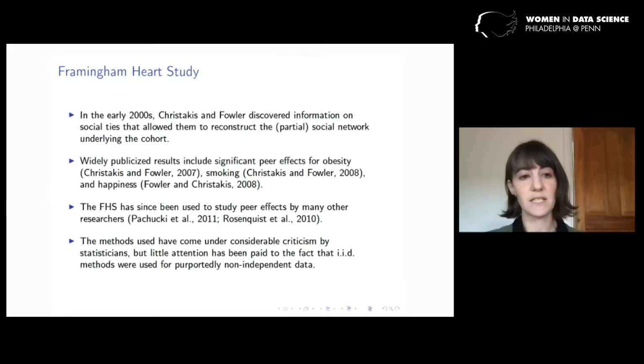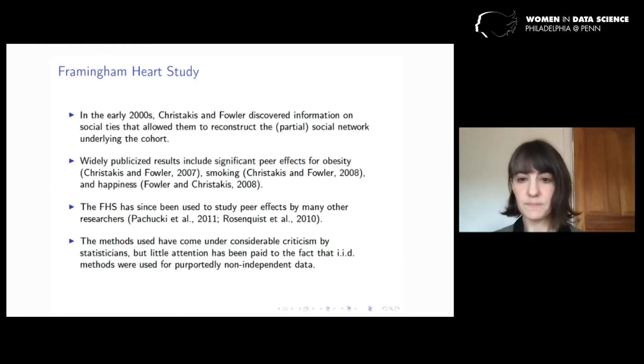In the early 2000s, Nicholas Christakis, a sociologist, and James Fowler, a political scientist, realized that buried in the Framingham Heart Study data, which again is a cardiovascular disease epidemiology study, there's a ton of information about social ties: who's related to whom, who's friends with whom, who works with whom, who lives near whom. So Christakis and Fowler harnessed this information to create the network picture that I showed. They looked into the records and put together a picture of who's connected to whom